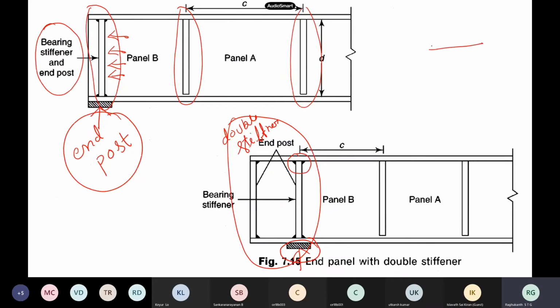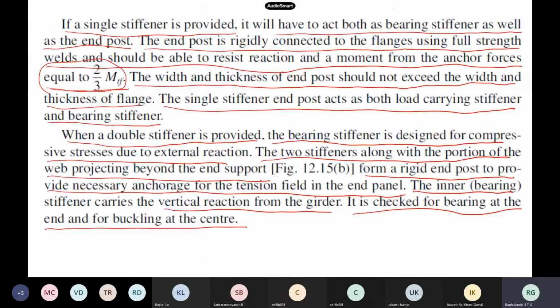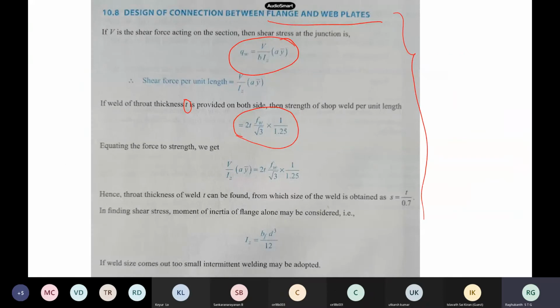So this is my plate girder. Here we have to do the welding basically. You have to do this welding here, and then here, both sides we do the welding because of symmetry and other things. So how to design this weld also? You have to find out the shear force there, and then you have to find out the shear force per unit length, all these formulas which come from strength of materials. So you equate it to the size of the weld, and from that you can find out the throat thickness and all other things can be estimated here itself.